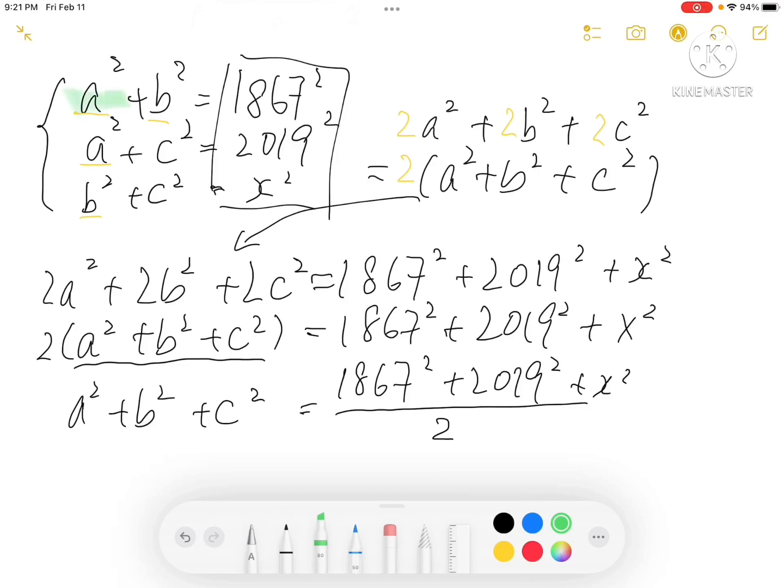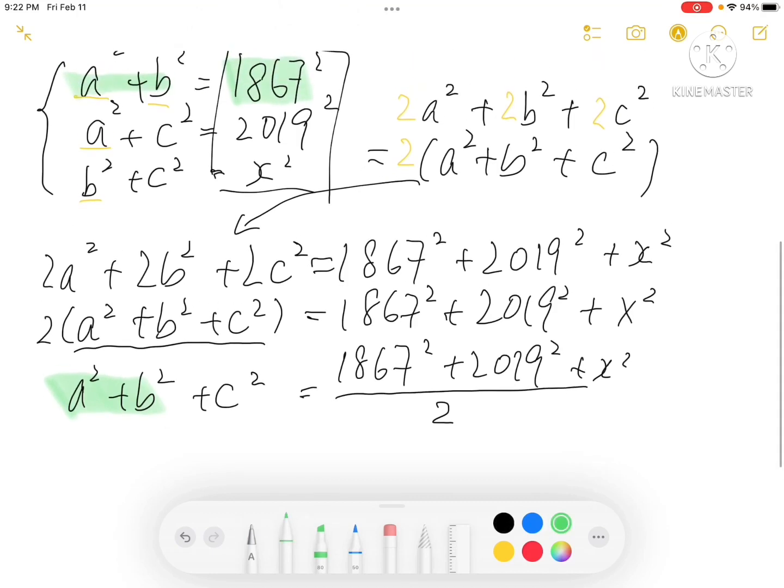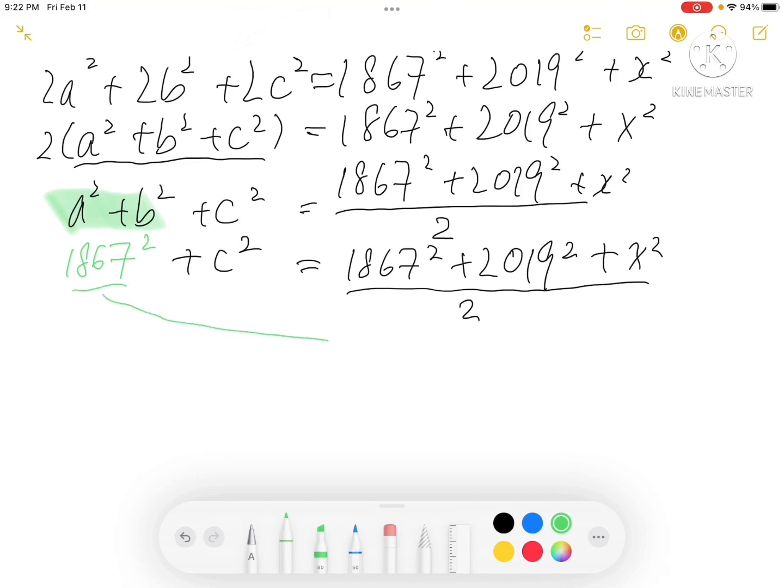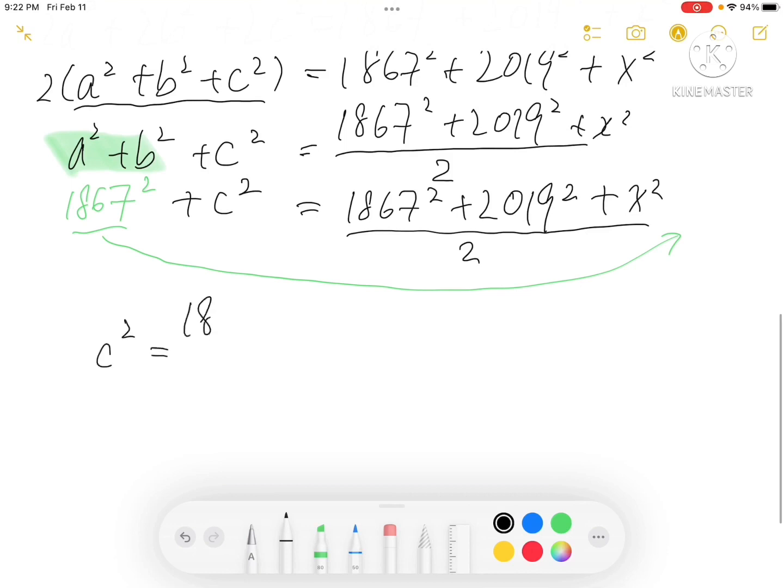So in our first equation, we know that A squared plus B squared is equal to this. Well, isn't that A squared plus B squared exactly the same as this one? So we can actually substitute in the value of 1,867 squared plus C squared is equal to this expression. Then we can just move this expression to the other side, so we can isolate C squared. So we have C squared is equal to the same fraction minus